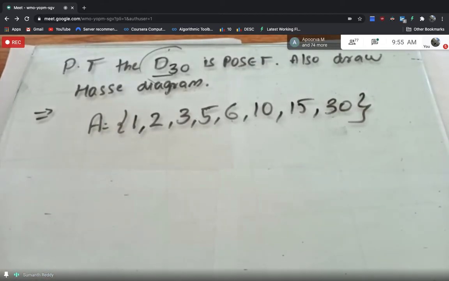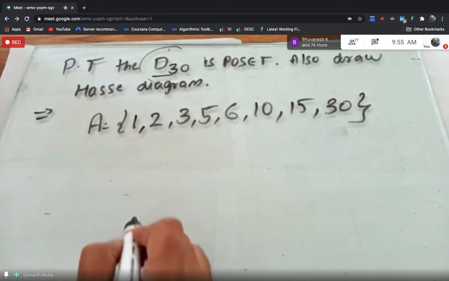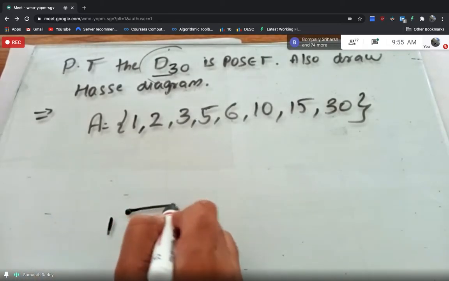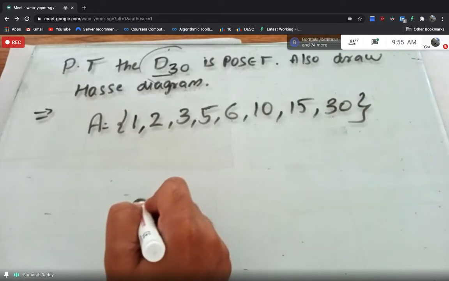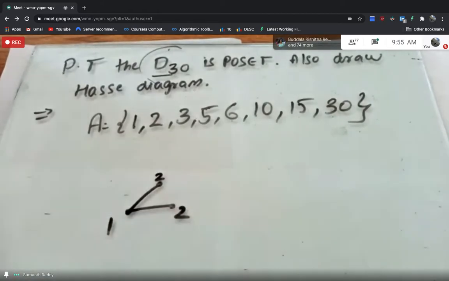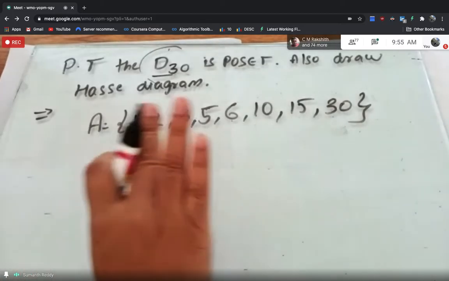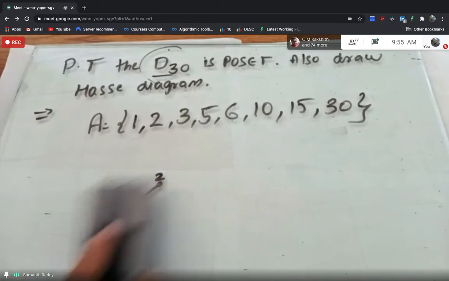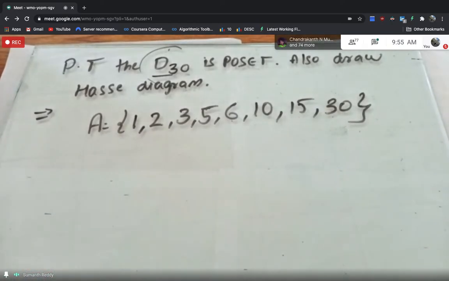Students, I will give you some 3 minutes. Try to write the Hasse diagram for this. After that, I will give the solution and you can cross check with that. And one more thing, as I have told you, if you are getting a different shape, no need to worry. You need to always follow the rules. Some students will write 1 here and 2 like this. It should not be done. Always clearly show 2 in an upward direction. Always the relation should be in upward direction. So take 3 to 4 minutes and try to solve this. Use a rough paper and try to solve.